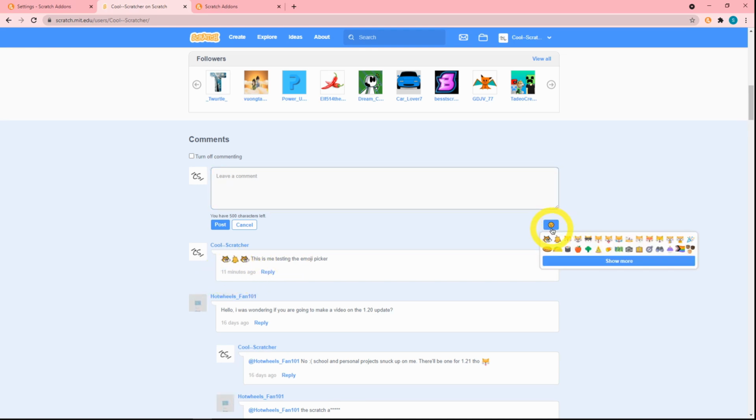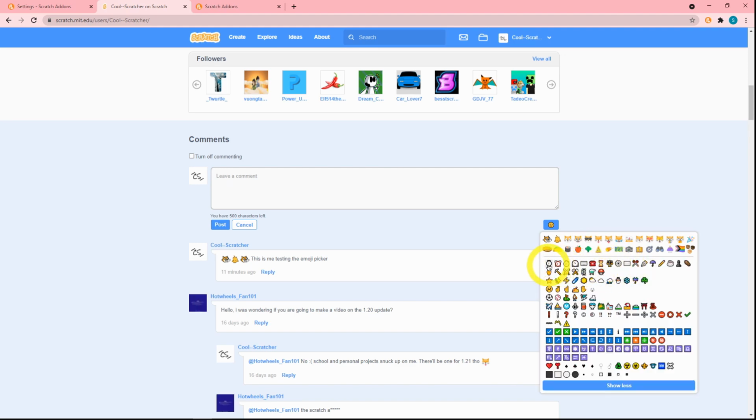So you can see over here we have all the Scratch emojis, so you might not even know of some of them, like this one. There's a compass emoji, and I have heard of this, but I do not use it. So if you ever want to express yourself through an apple, then it's here, or sushi. Oh, and if you click show more, you can see that all of these